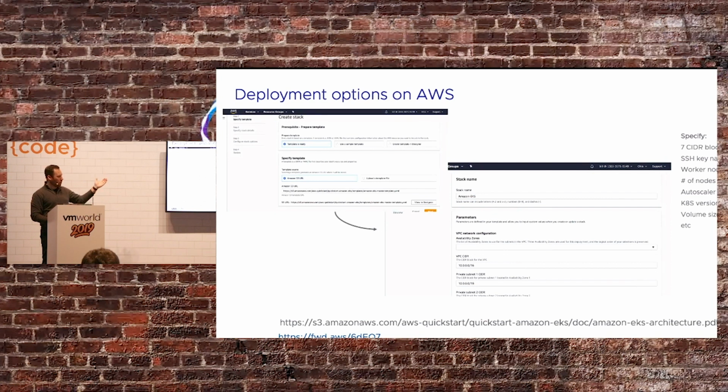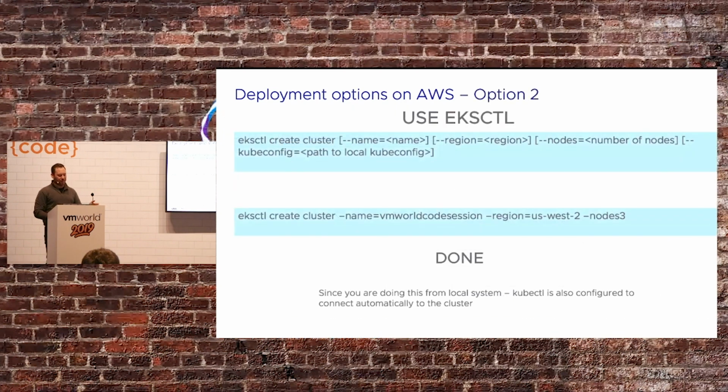So if you wanted to do this, you would build a stack, deploy it yourself. You could do it with raw API calls as well, but that's yet even more complicated. Or the folks at Weaveworks put together a nice little utility to interface with EKS. The EKSCTL package actually does not come from Amazon at all. It comes from Weaveworks. And they've essentially enabled behavior that will allow you to build an EKS cluster off of